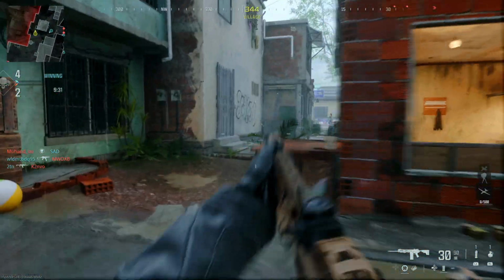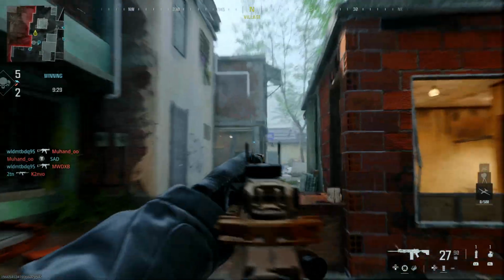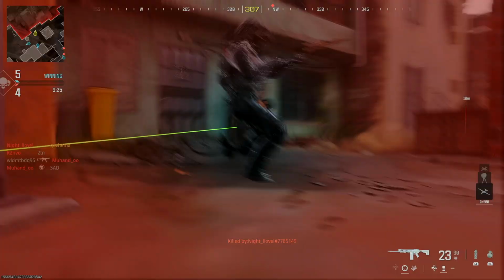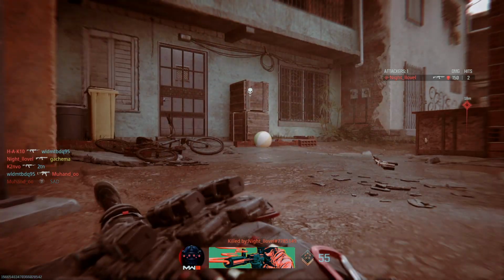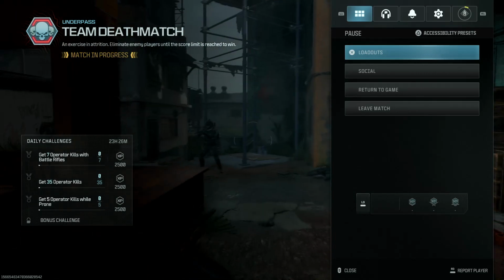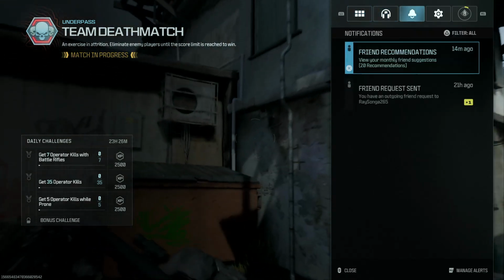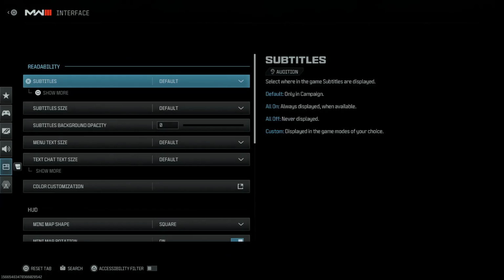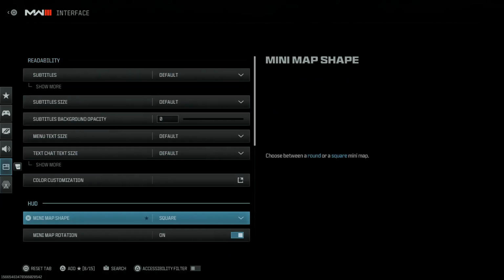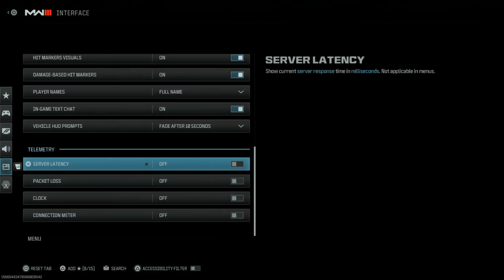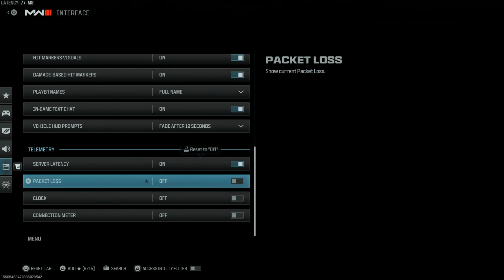Today I'll show you how to display latency and packet loss in Call of Duty Modern Warfare 3. So during an online game, pause your game by pressing the options button on your controller, then go to settings and then select interface. On the interface, scroll down to Telemetry and enable the server latency option and the packet loss